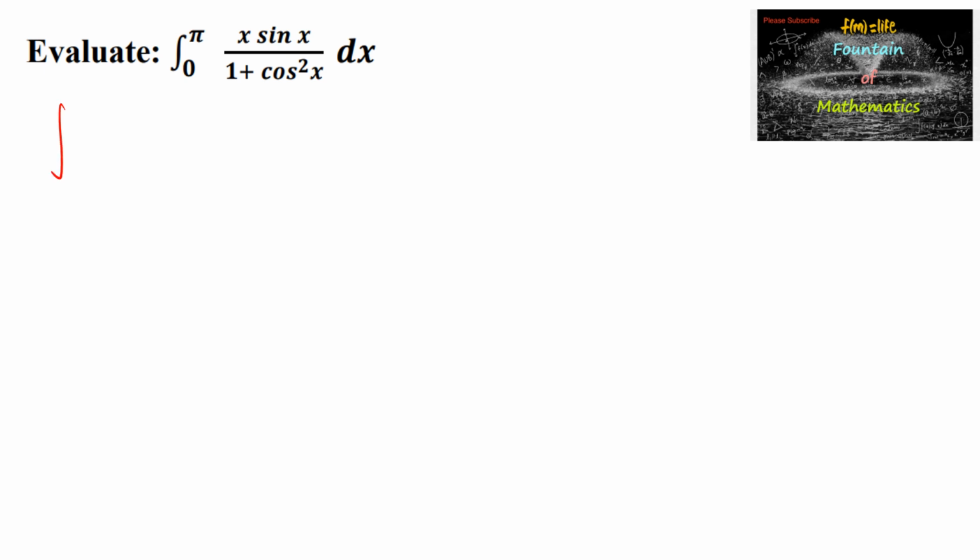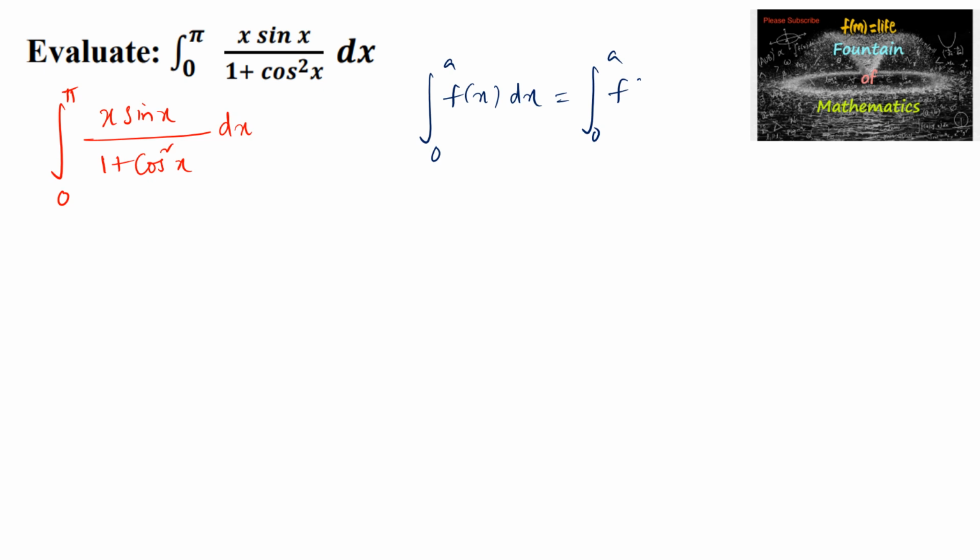Evaluate the integral from 0 to pi of x sin x upon 1 plus cos square x dx. So let us use the property: integral 0 to a of f of x dx is equal to integral 0 to a of f of a minus x dx. So here we can write I is equal to